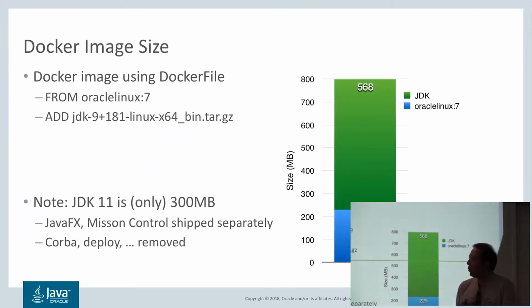So we started with this. I talked about the Docker base image. This is the operating system stuff, and obviously depending on which exact Linux distribution you start with, it's going to have different sizes, but at least it's going to be sizable. And then on top of that, we added the JDK, and you can see here that the number is 568 megs. This is again because my charts are now getting one year old. The JDK 11 JDK is just 300 megs, still large-ish. Part of the reason is we removed a bunch of stuff, that we separated a bunch of stuff out.